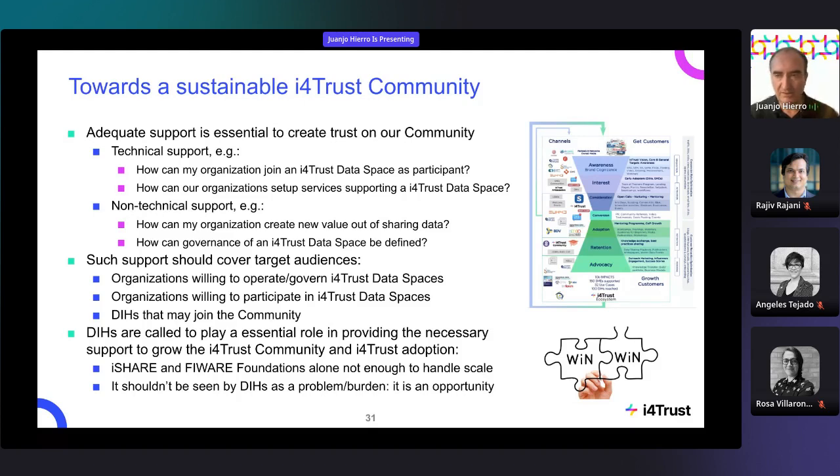In this case, creating data spaces for SMEs and other kinds of organizations in the regions they are operating. So DIHs are definitely called to play an essential role in providing the necessary support to grow the I4Trust community.